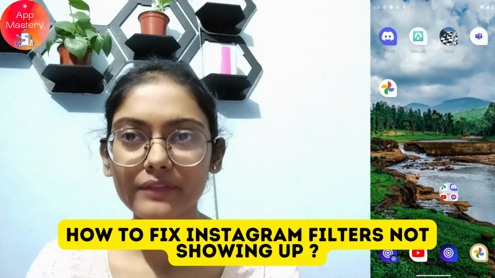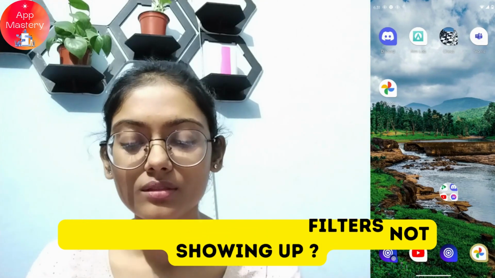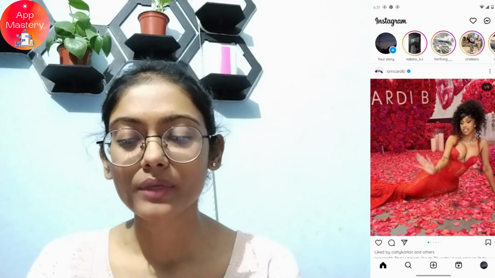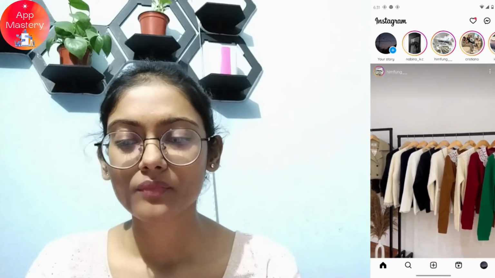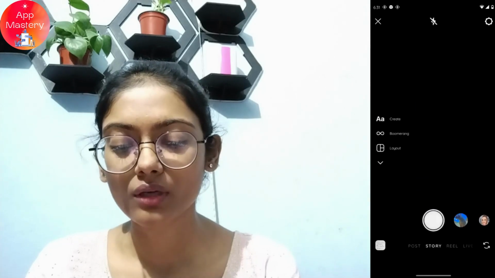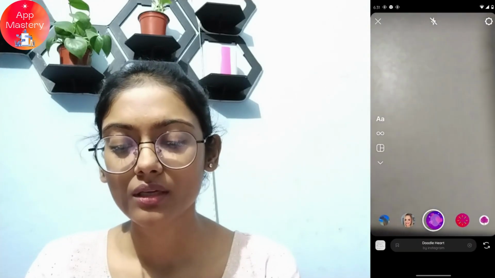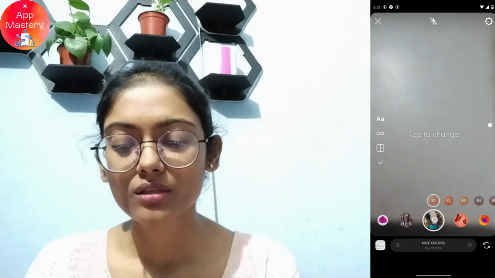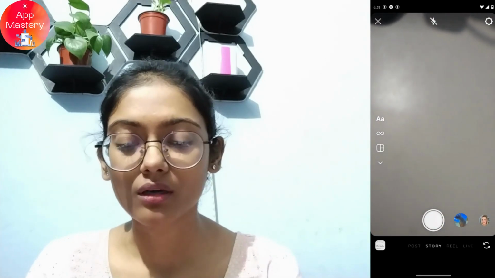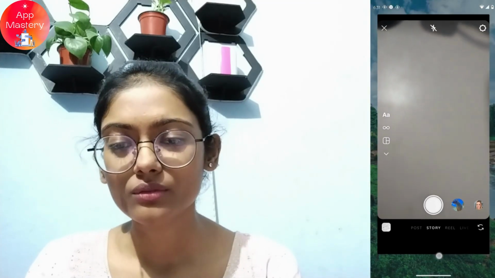How to fix Instagram filters not showing up. So if your Instagram filters are not showing up, for example, if you open up your Instagram application and simply open up your story, and then try to use the filters, here you will have all of your filters, right? So if these filters don't load or don't work, then what you can do is simply go